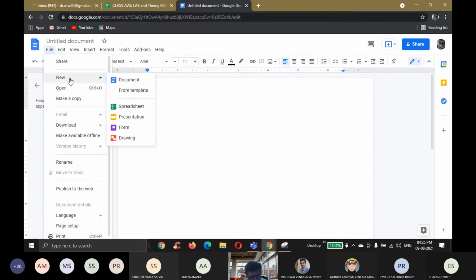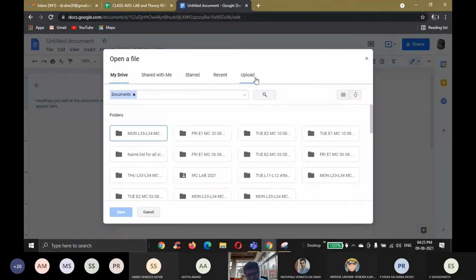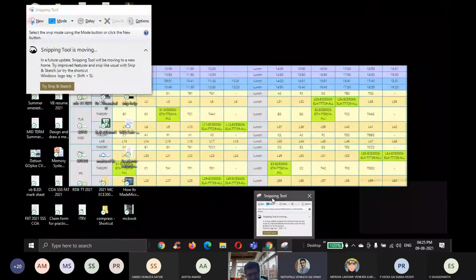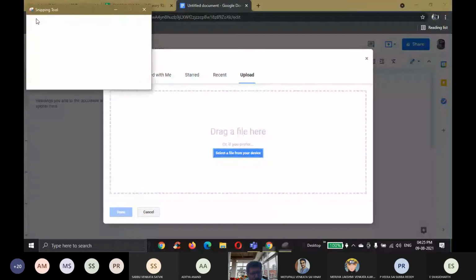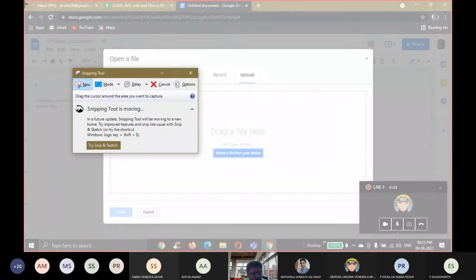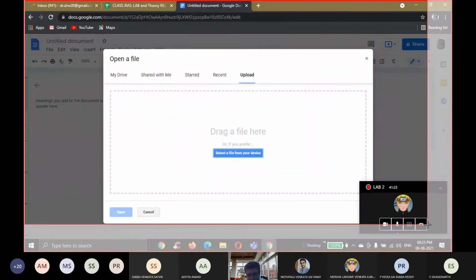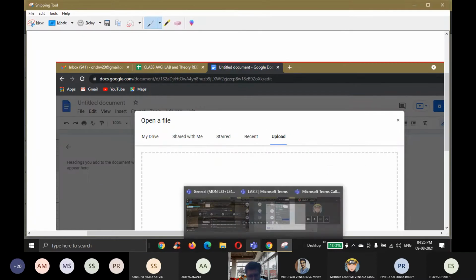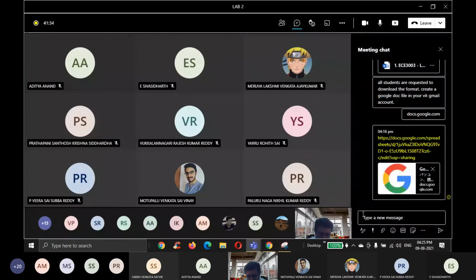Then file, open, upload. The file upload option is there. There you drag that file, whatever I have given as a template. Okay, sir. After that, in one minute, I will snip it and share it with all the students.